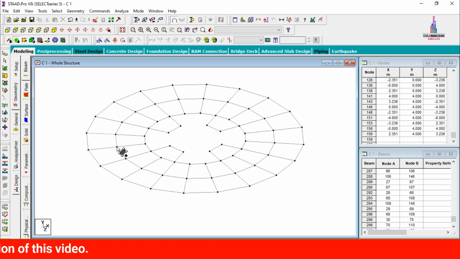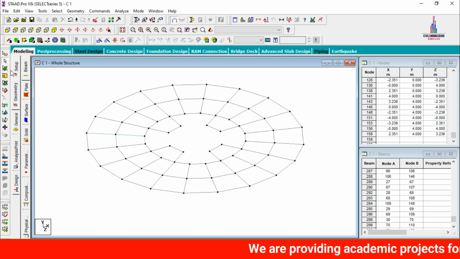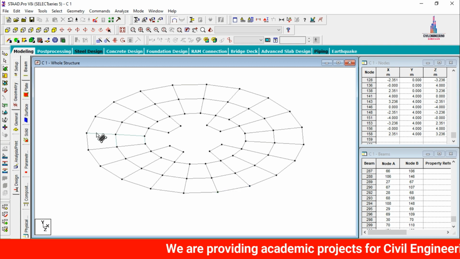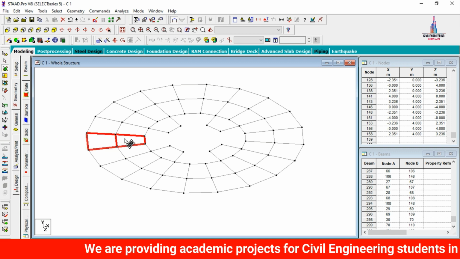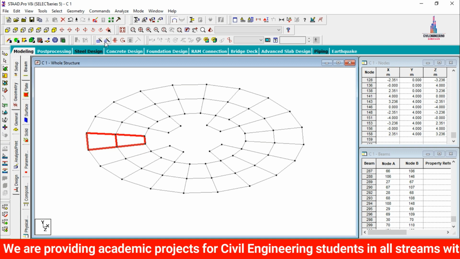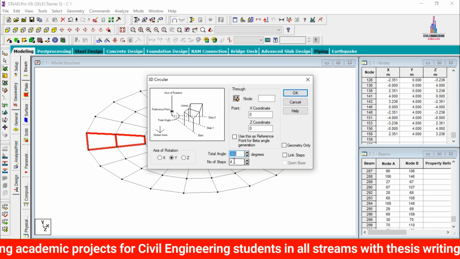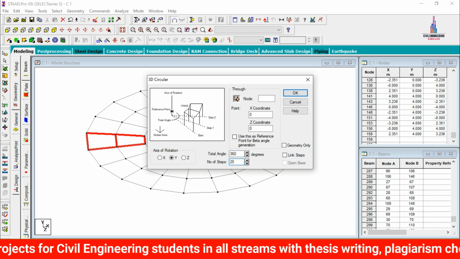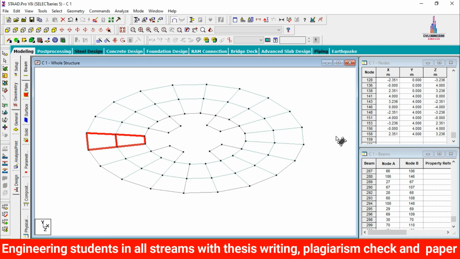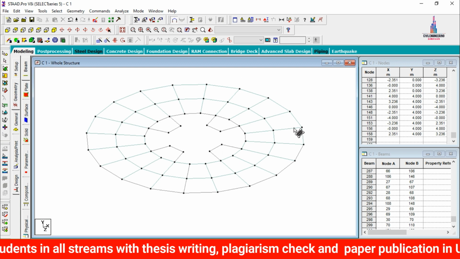In the same process we have to select the first point, second point, third point, fourth point. Now we have to copy these respective properties to a distance here. So for that select this plate cursor, select the starting point, again select your second section, go to circular repeat in y direction, system which is consisting of number of steps are 20 here like this. Now we can see it will copy your properties here like this.